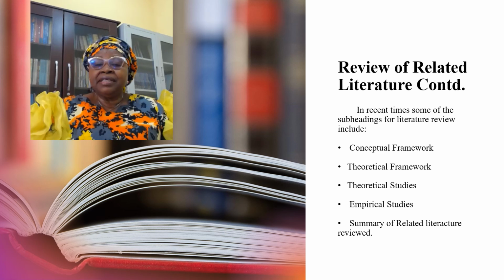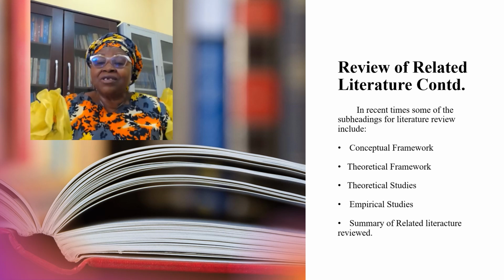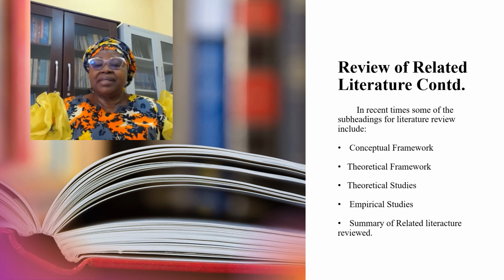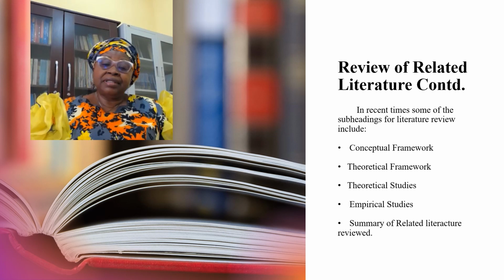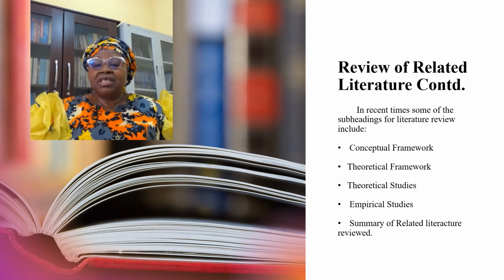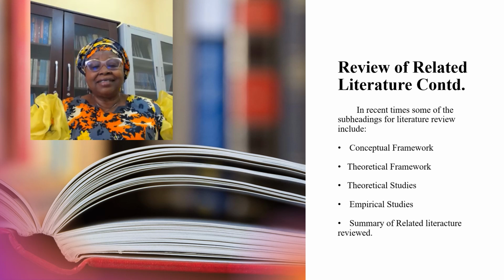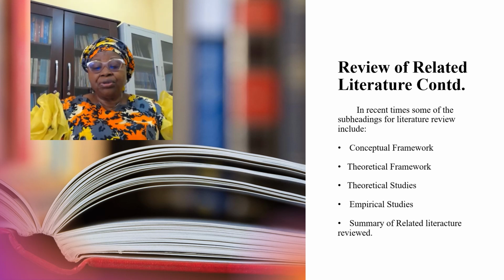Put differently, the review should bring out areas of agreement and disagreement and show how the present study arose from contradictions or inadequacies of earlier investigation. Then we have the summary of the related literature. The summary of the related literature should be given here in deductive form in such a way that at the end, the gap that necessitated the research is shown.